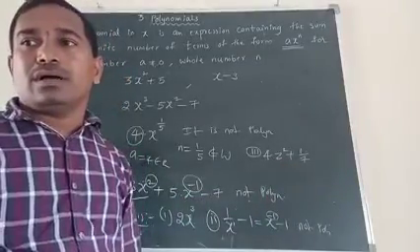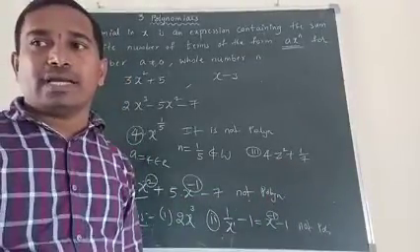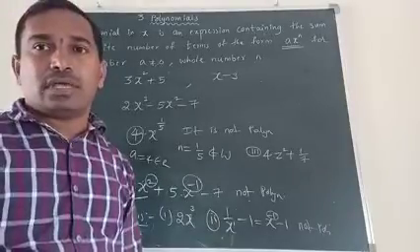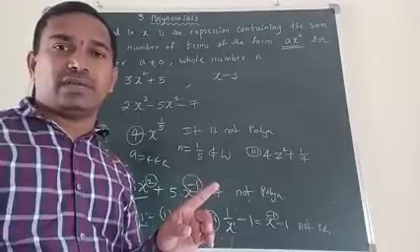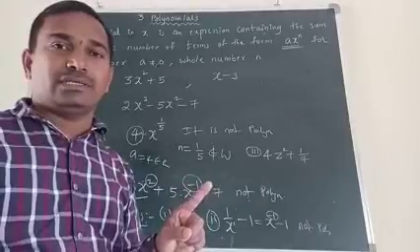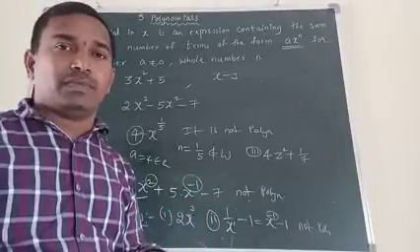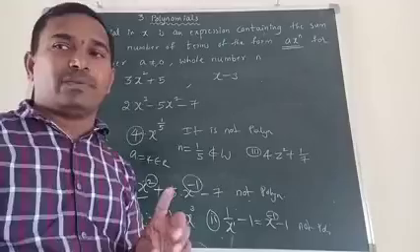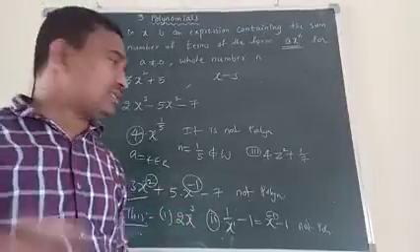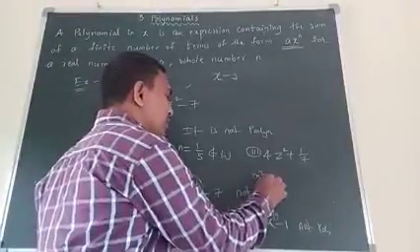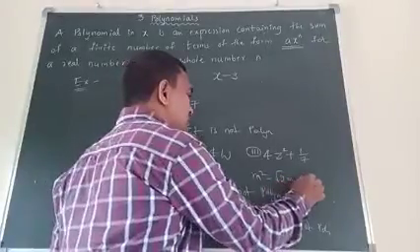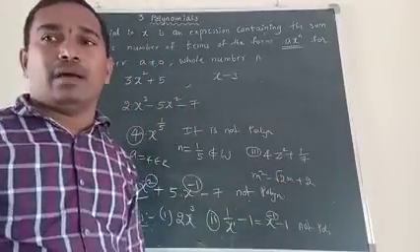Okay. Now, the fourth one, m square minus root 2m plus 2. m square, m power 2. m is the variable. 2 power 2 is a positive integer. Okay. Next, root 2m. m means m power 1. That is also a positive integer. So, the fourth one, m square minus root 2m plus 2, is a polynomial.